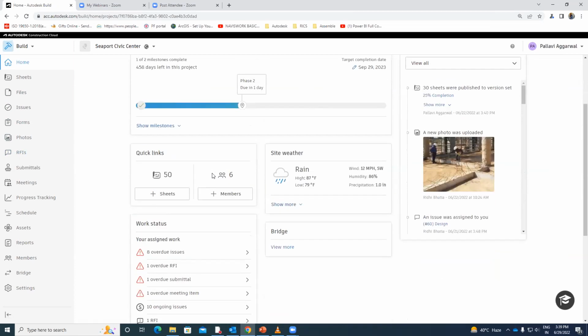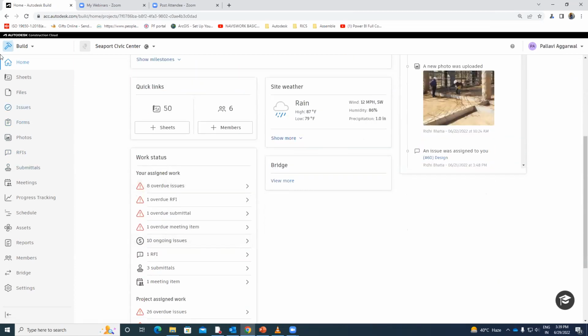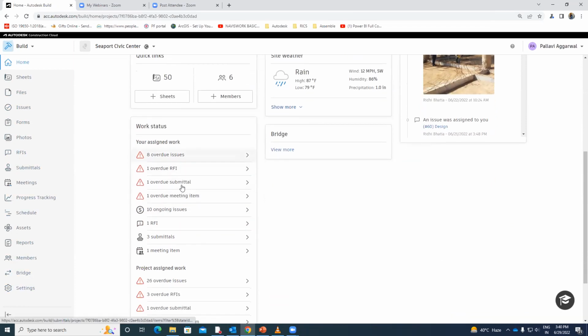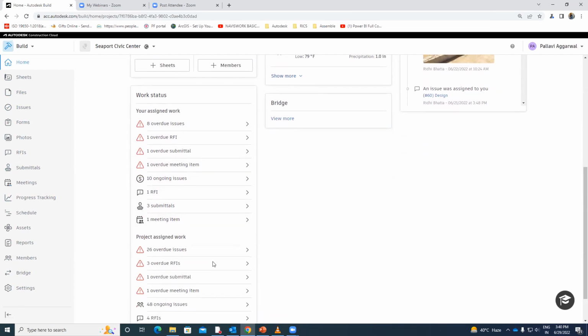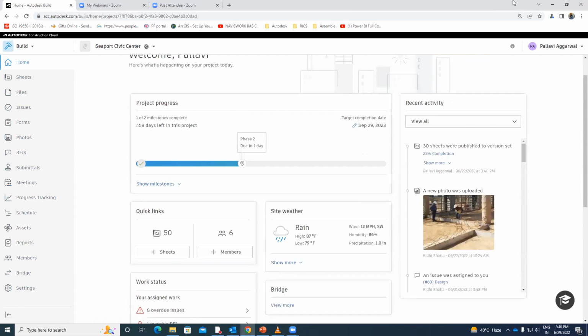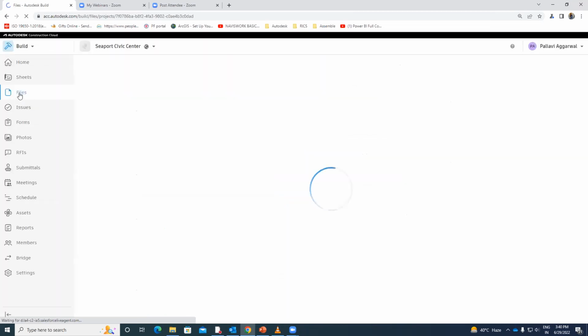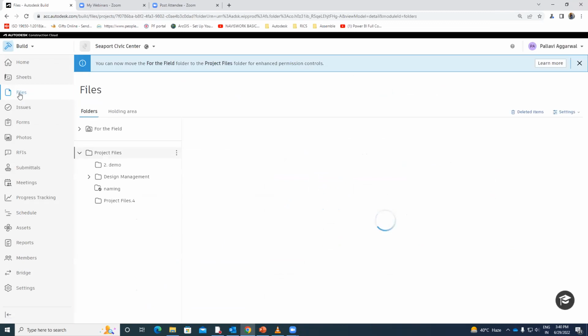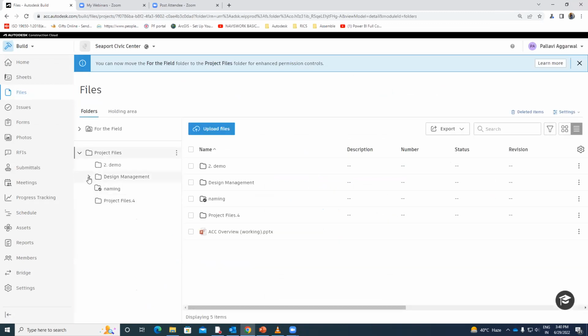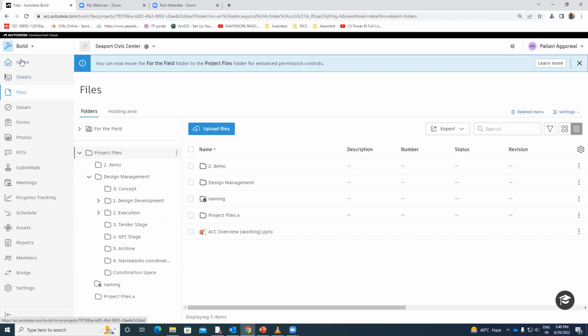Let's say on the home tab, you can see all the issues that you have. It's a status from Build activities or the tools that we have: what all the work statuses are, let's say reviews, RFIs, submittals, how much is pending, what the project progress is, who has added what photo and when, what the file size is, what the member size in the project is. When we say there is a direct link between your document management, that is your Docs, and your Build, we can see over here that all the folder structure that we had created in the document management environment is available with us on Build again, so there is a link between the two platforms.